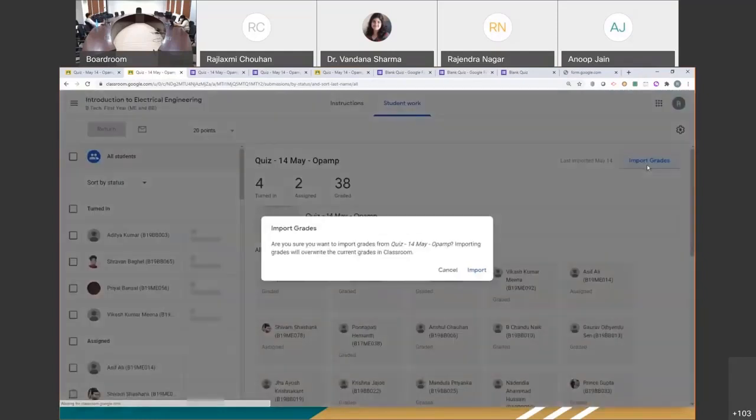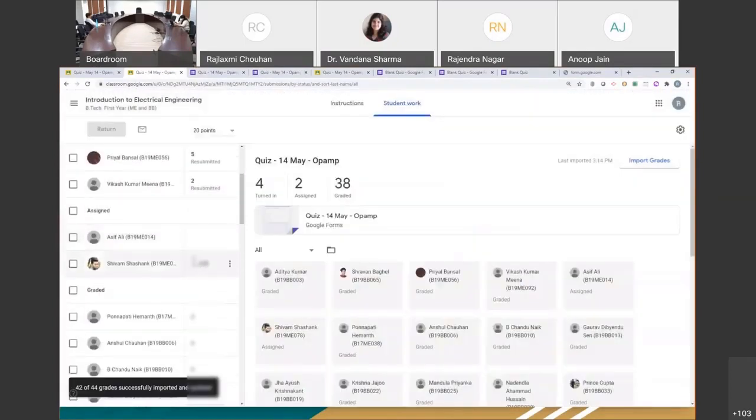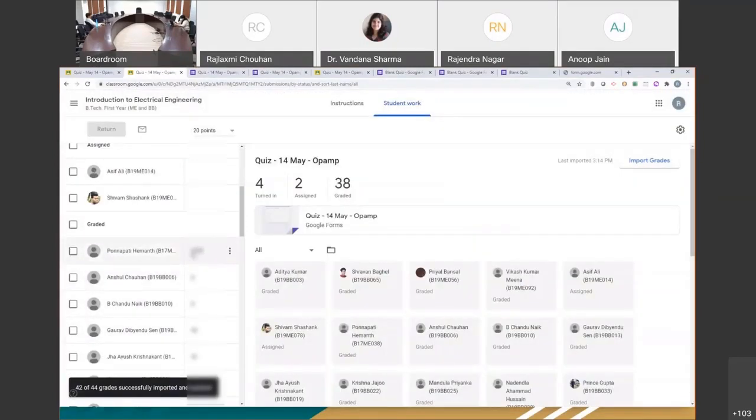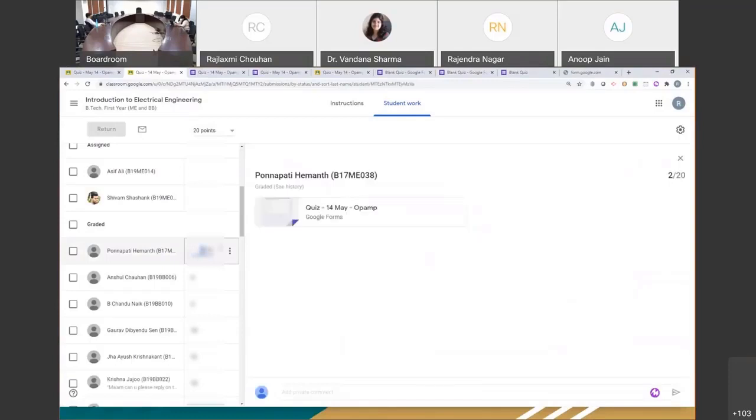And the moment you click here, all the grades from the form will be imported here automatically. And they appear here by default. Suppose you re-evaluated something or you gave somebody another chance, then you also have the option of manually changing the score over here.